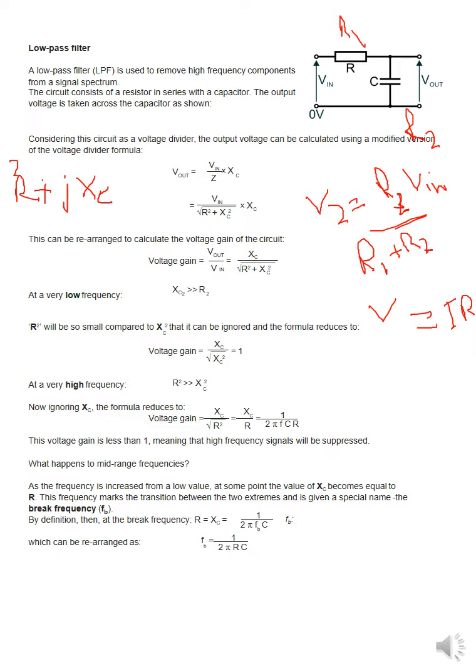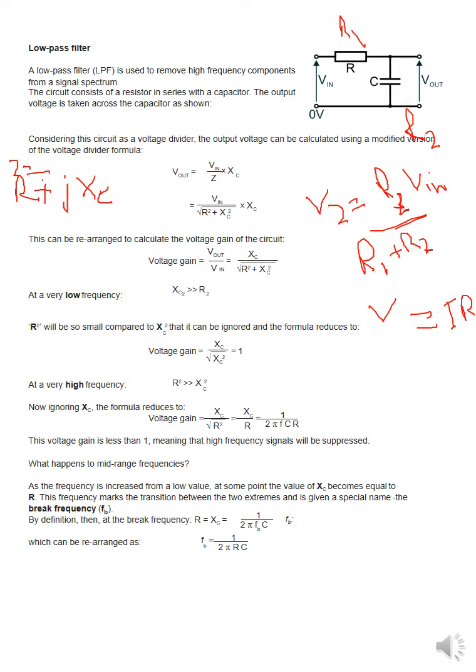So our impedance is this, Z equals R plus jXc. When we need to find the magnitude of the impedance, we take the square root of R square plus Xc square. So this is my total impedance in place of this. So it will be Xc divided by total impedance times the input. If we need to find the voltage gain, then the voltage gain will be Vout divided by Vin. You can say it will be Xc divided by the square root of R square plus Xc square.